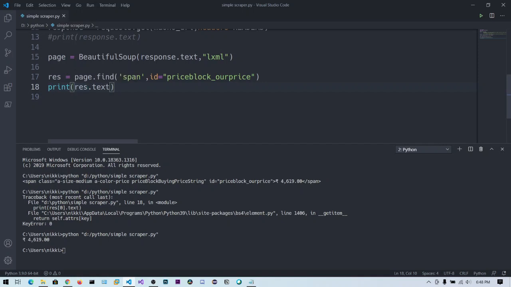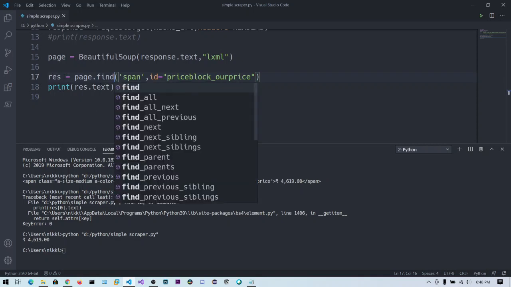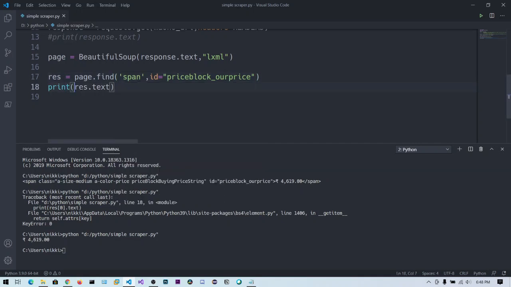Sorry, it's res.text. If you use the find_all method, then it will return a list of all the span tags. Then you can say res of 0 dot text. For now it will return the first span tag with this ID, and we print res.text.